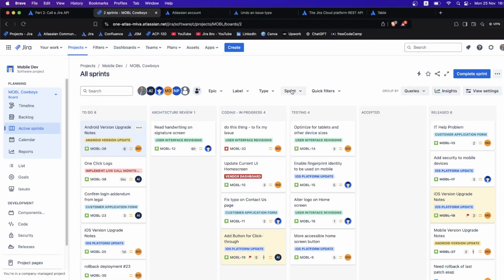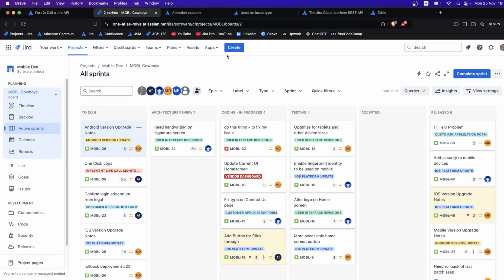Hey guys, it's Nicola, and today I want to show you the Forge app that I've created that actually fetches the names of the projects along with their project keys. Now, I was actually using the jira-issue-panel template and the UI kit for this app, but ideally you actually want